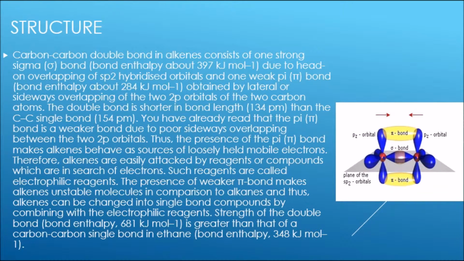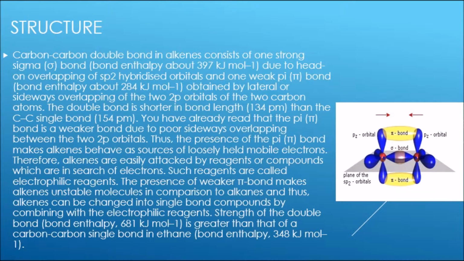The structure of alkene molecules. The carbon-carbon double bond in alkenes consists of one strong sigma bond with bond enthalpy about 397 kJ per mol, due to head-on overlapping of sp2 hybridized orbitals, and one weak pi bond with bond enthalpy about 284 kJ per mol, obtained by lateral or sideways overlapping of the two 2p orbitals of the two carbon atoms. The double bond is shorter, with bond length 134 picometer, than the carbon-carbon single bond, which is